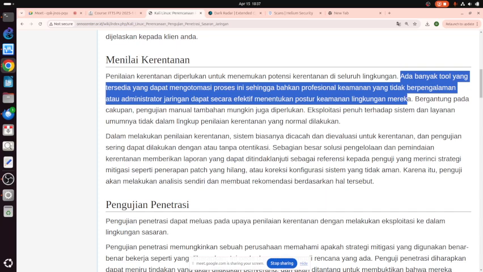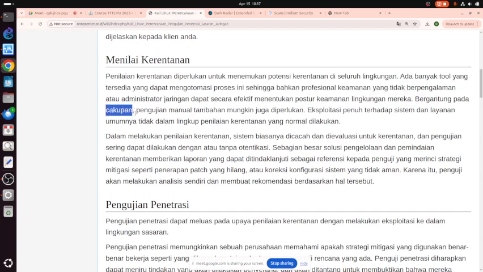Then we need to mention also the coverage. This is important, especially to make sure that we will not attack the neighboring server. So we have to make sure of the area that we will evaluate.